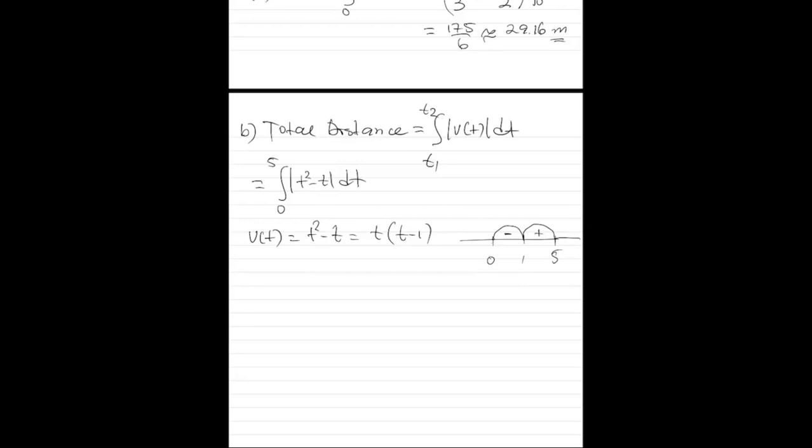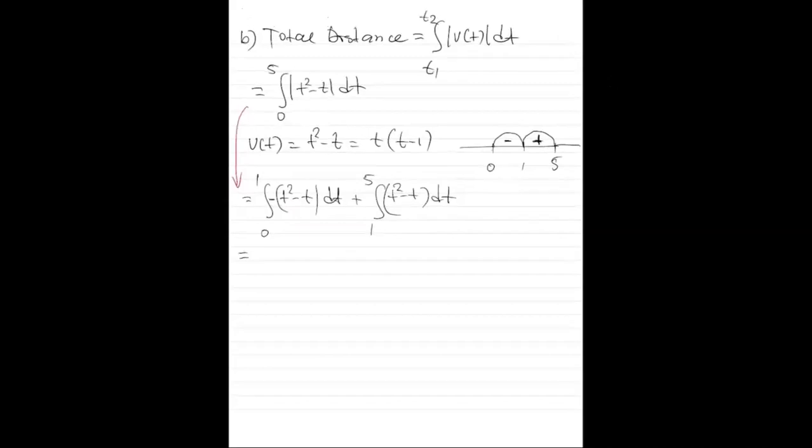So what we found out is that we can break our integral from 0 to 5 as the integral from 0 to 1, and then t squared minus t, that function here is negative. So we are going to put a negative sign in front of it, dt, plus from 1 to 5, we saw that it's positive, so we can drop the absolute value and just t squared minus t dt. So let's evaluate this